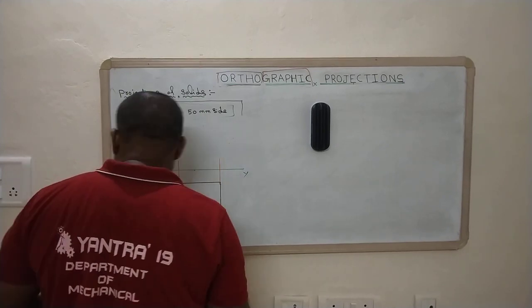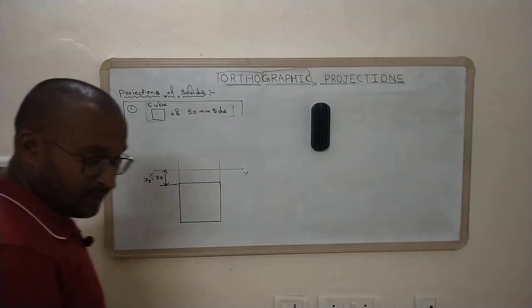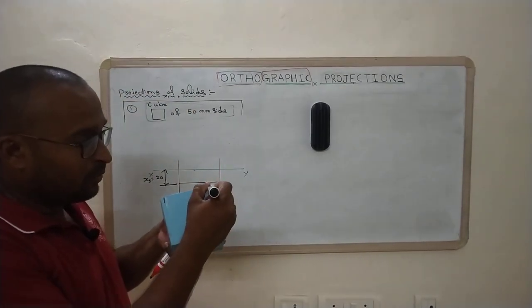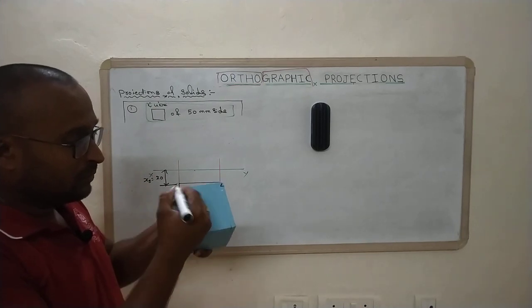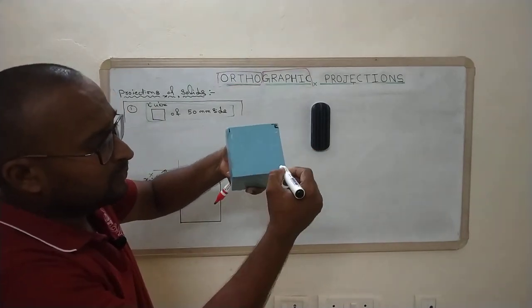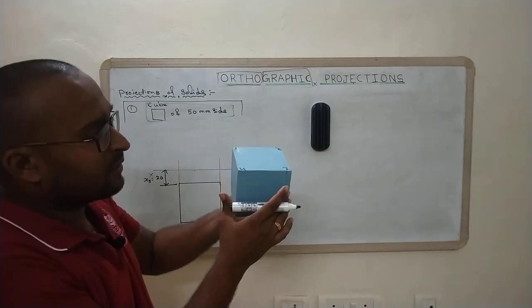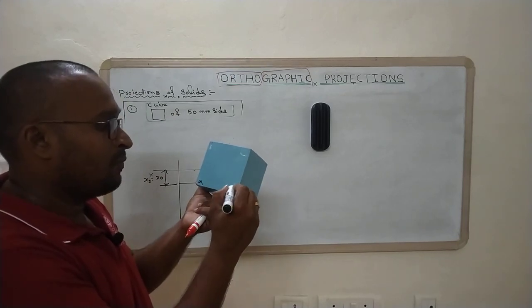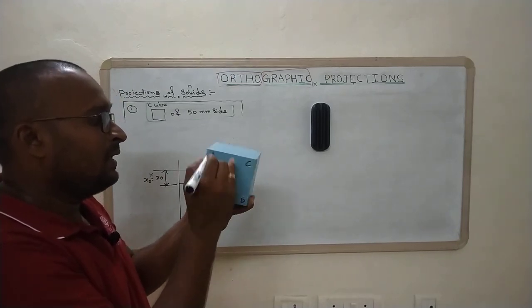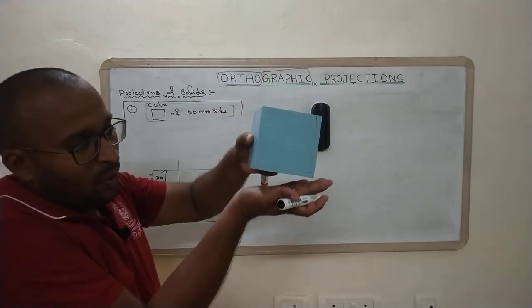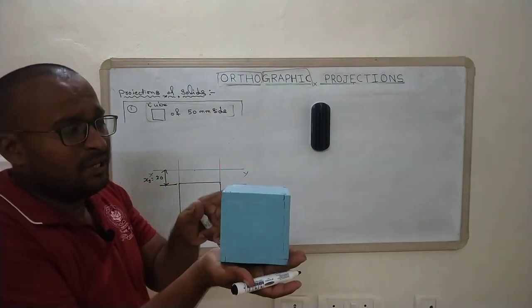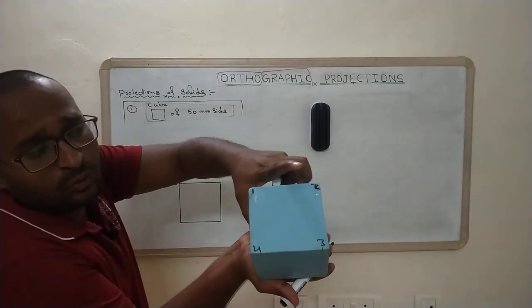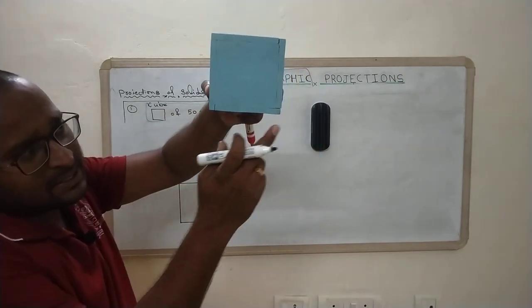Before we project that, we must note the points. Say for example here we will have 1, 2, 3, 4 surface on top, and then here it is A, B, C, D surface on bottom. Now it is going to be resting like this. That means we are going to start from here: 1, 2, 3, 4 like that, A, B, C, D.